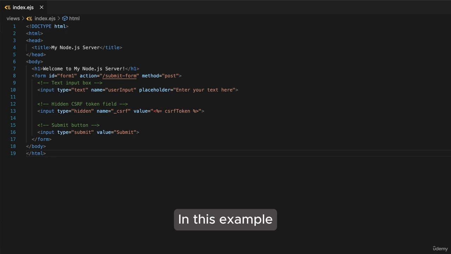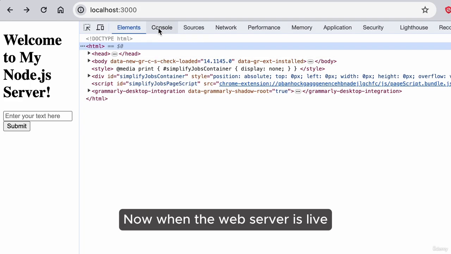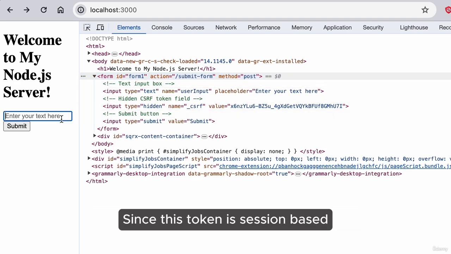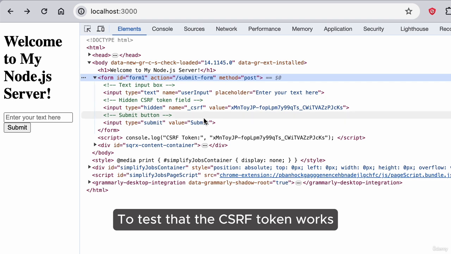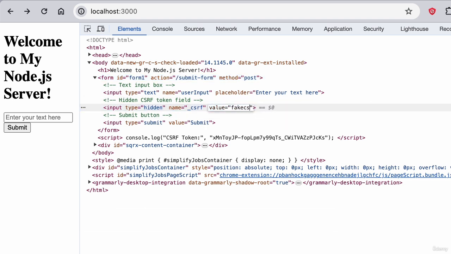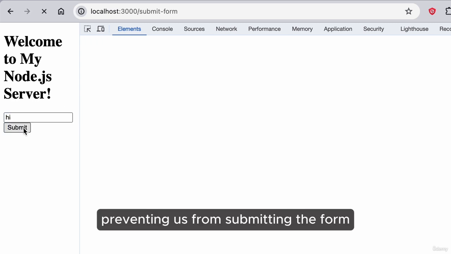In this example, we have the CSRF token stored as a value in the input element. Now when the web server is live, you can see the CSRF token on the page. Since this token is session-based, the form is still secure even if it's visible on the client side. To test that the CSRF token works, we'll change the contents of the CSRF token. If we submit a form now, we get a 403 error preventing us from submitting the form unless the token